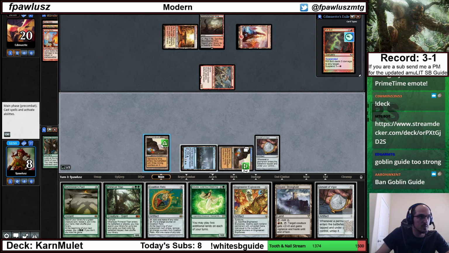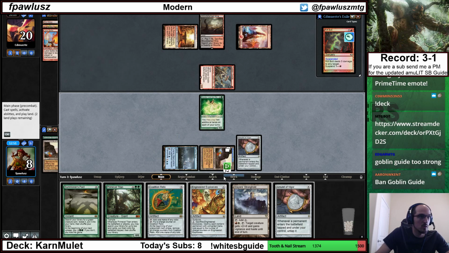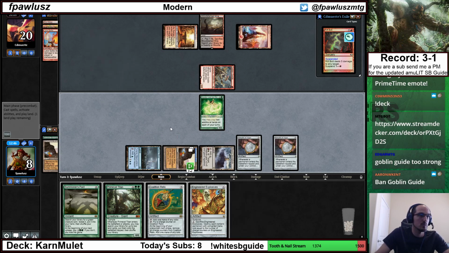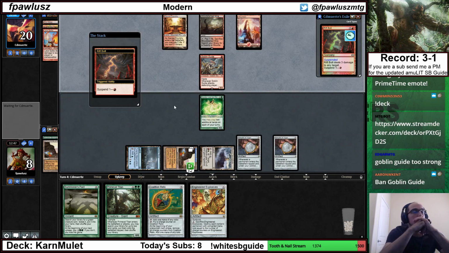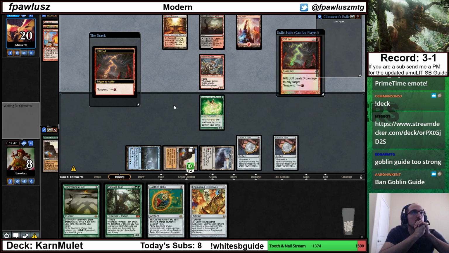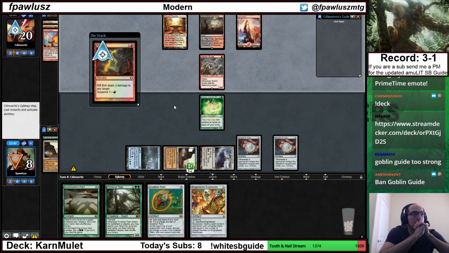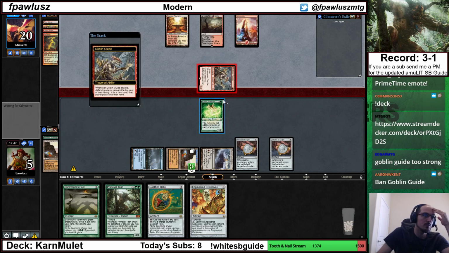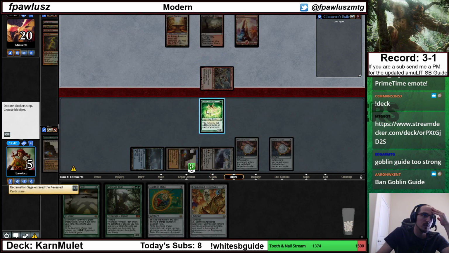Man, my mana has been super awkward this game. Play Azusa, play Stronghold, play second Amulet, pass the turn, and hope we rip exactly a bounce land. I would imagine that we're dead though. I am 100% blocking here. Reclamation Sage is